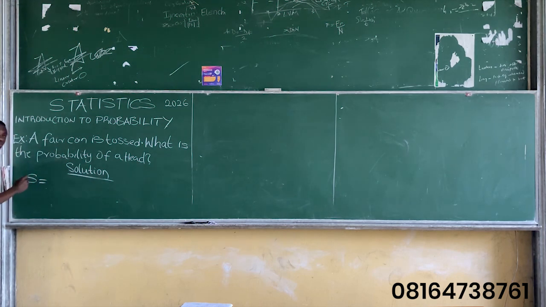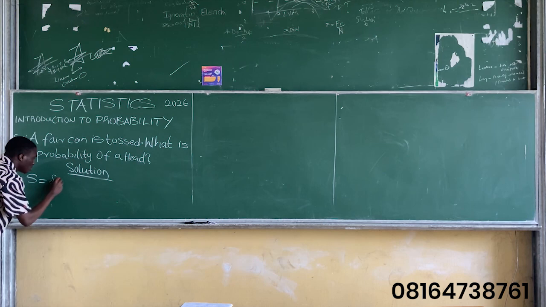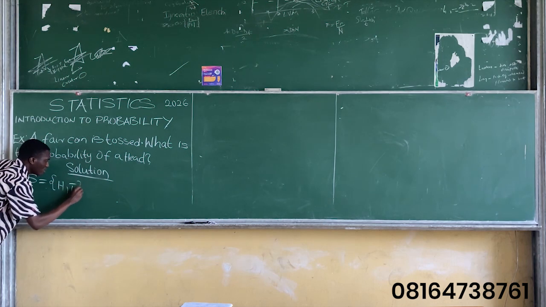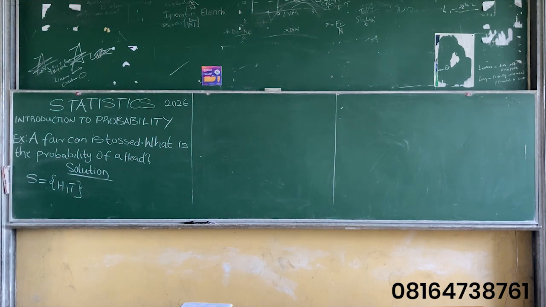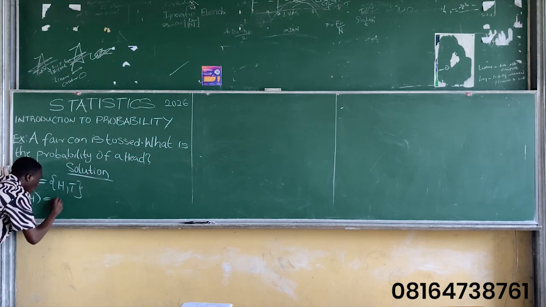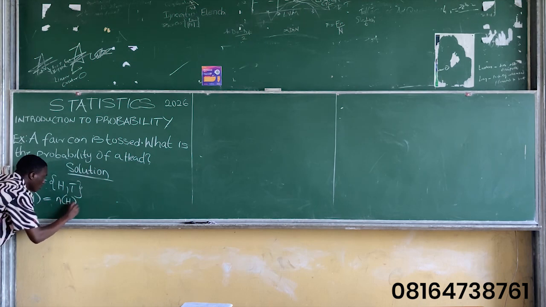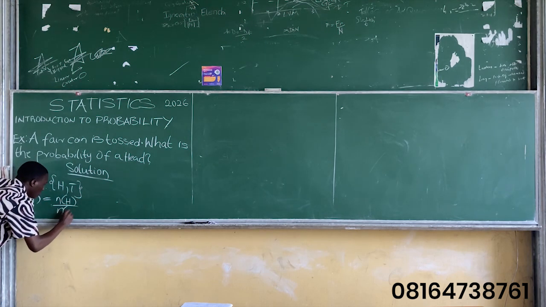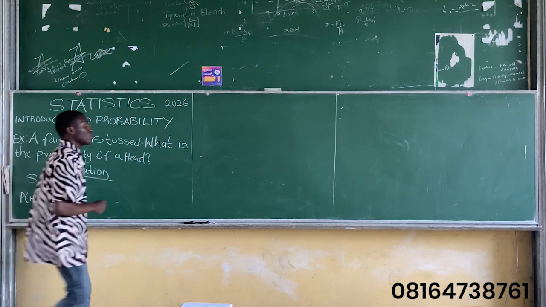We have that the sample space for a coin is head and tail, meaning that the total sample size is 2 points. Now, the formula for finding probability, they say what's the probability of head? We say P of H is equal to N of H all over N of S, where